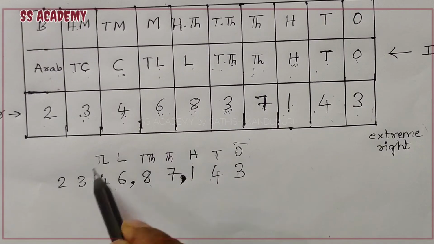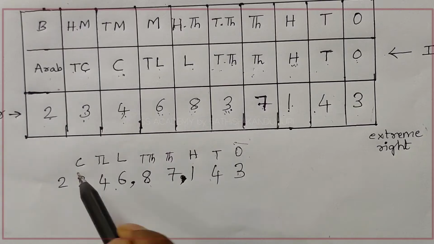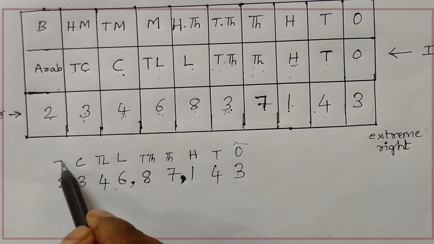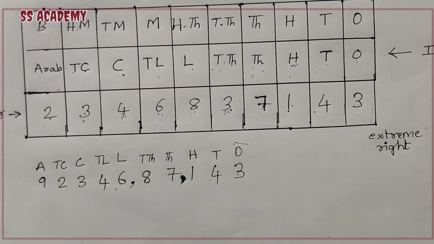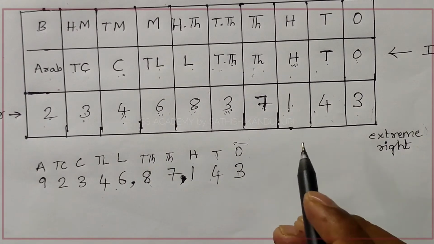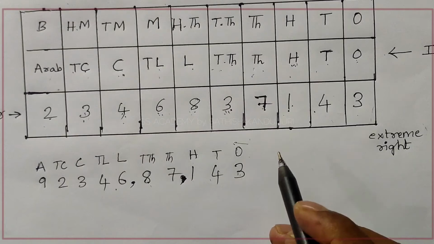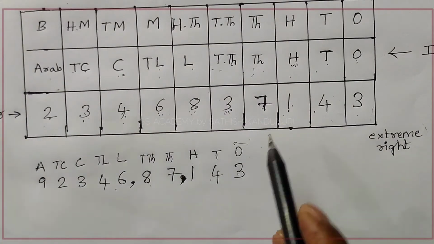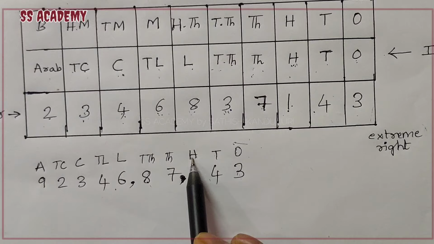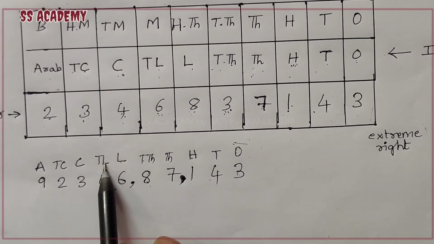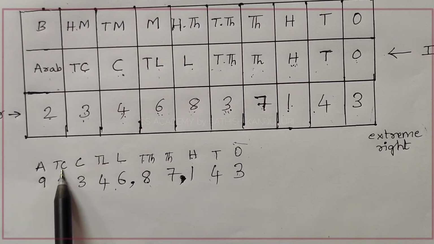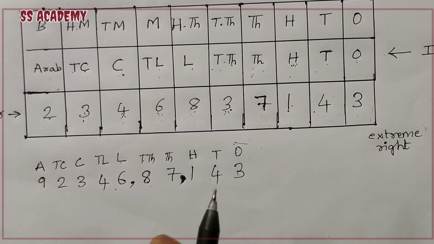After 10 lakhs, we get crores. After crores, the number is 10 crores. Put another number here, some mistake happened. So this is Arabs. In this way, first we need to write the place values. The number is given, we have written place values: ones, tens, hundreds. After that thousands, 10,000s. After that lakhs, 10 lakhs. After that crores, 10 crores. After that Arabs. This is the way to write place values.